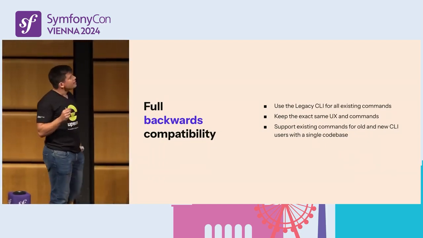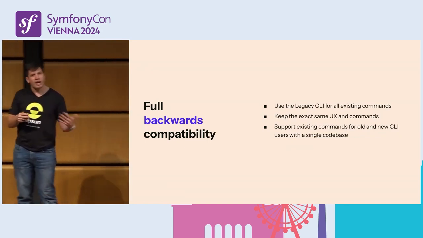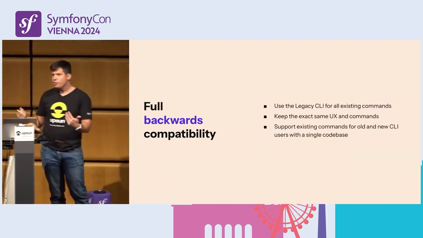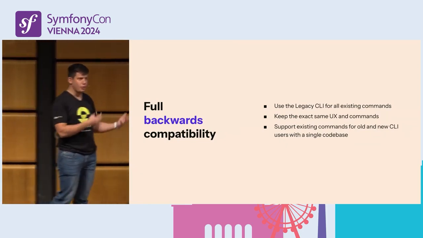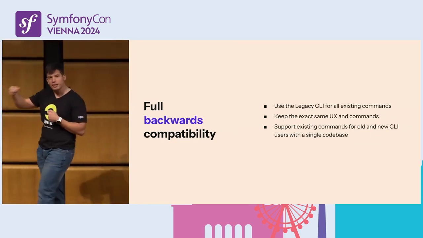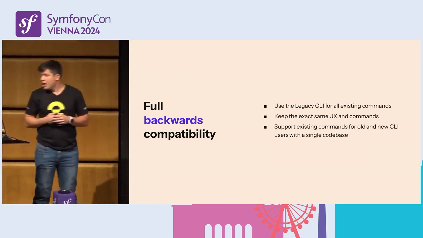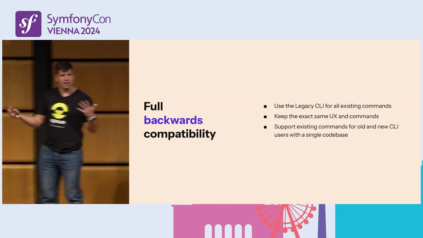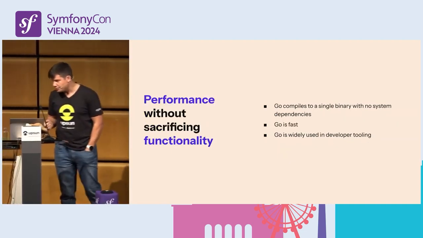The second thing is that by using the old code, we could have the exact same user experience, the exact same developer experience. We are developers, we are peculiar people. We know that we don't want to change the way that we do things. We have CI systems running the code. We don't want to go and change those. And of course, we can support in the same way both old and new commands. So we wanted to make sure that all those things work as they are.